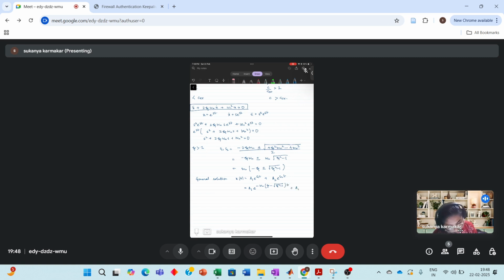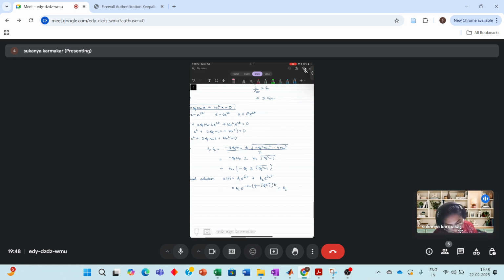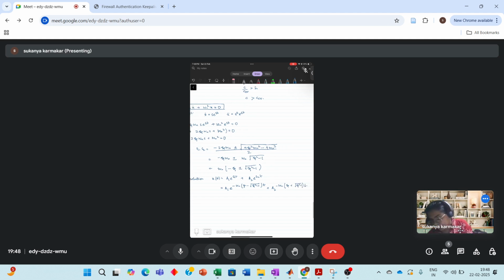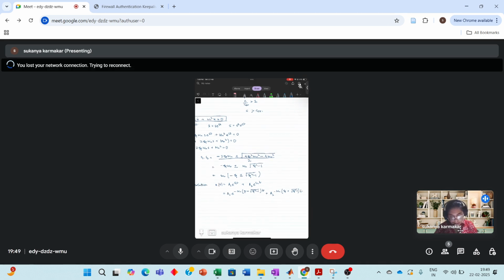And again with a2, if I take minus common, now let's do it with the plus sign. So plus under root of zeta square minus 1 into t. So what we see is that if zeta is greater than 1, let's consider zeta is 2. If zeta is 2, then